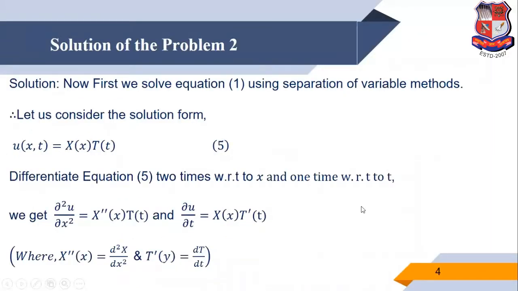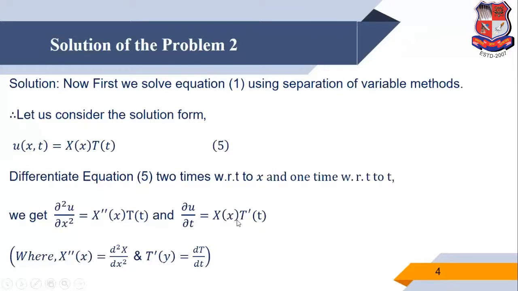Now we solve problem 2. So first we solve equation 1 using the separation of variable method, which was discussed in a previous lecture. So again I repeat some concept. Let us consider the solution form u(x,t) equal to X(x) T(t). Now differentiate equation 5 with respect to x 2 times and with respect to t 1 time. So we get del square u by del x square is equal to X double dash T, and del u